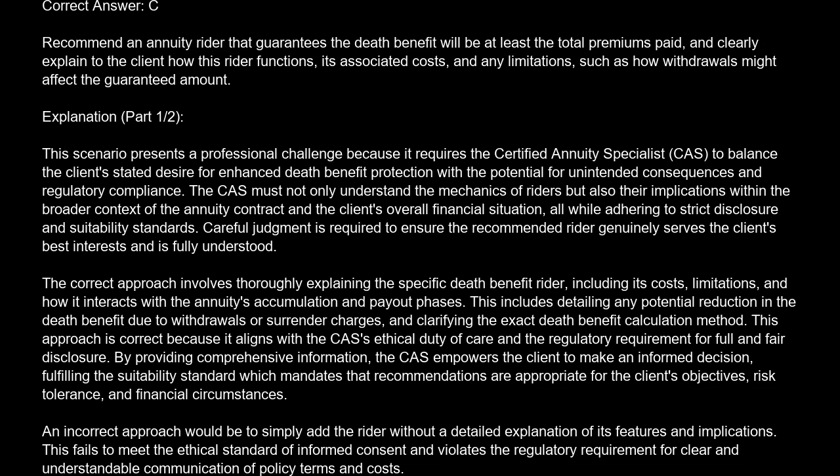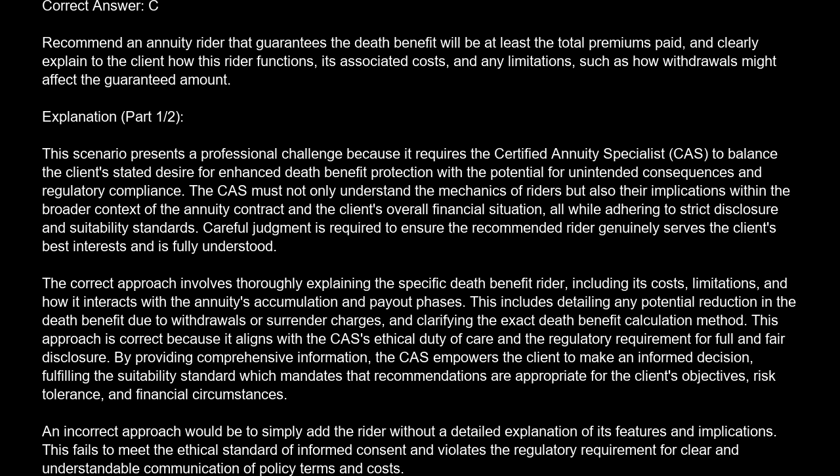The correct answer is C. Recommend an annuity rider that guarantees the death benefit will be at least the total premiums paid, and clearly explain to the client how this rider functions, its associated costs, and any limitations, such as how withdrawals might affect the guaranteed amount. Explanation. This scenario presents a professional challenge because it requires the certified annuity specialist, CAS, to balance the